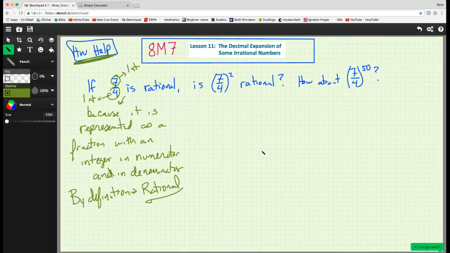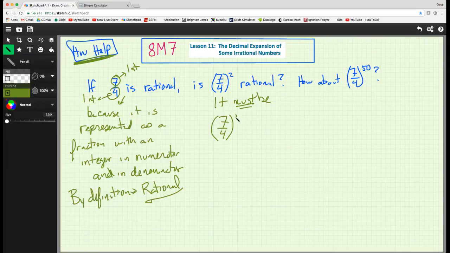Okay, so next, 7. So now, is this rational? If I have a number divided by a number that's rational, if I square it, is it rational? What do you think? Well, the answer is it must be, because